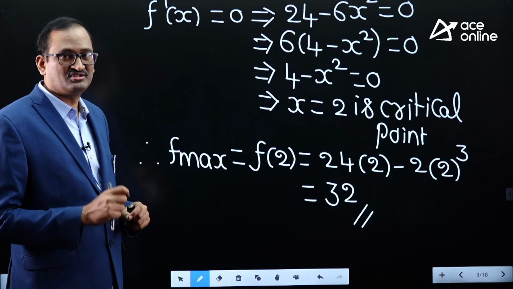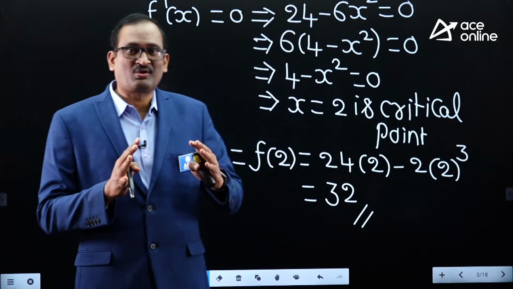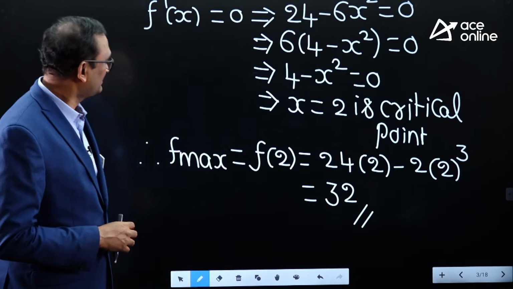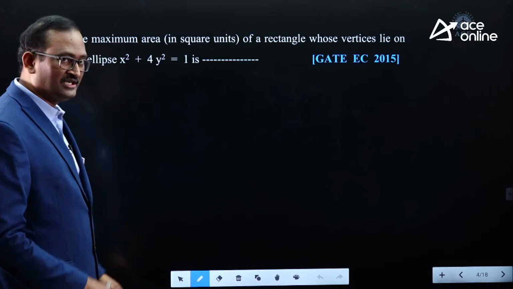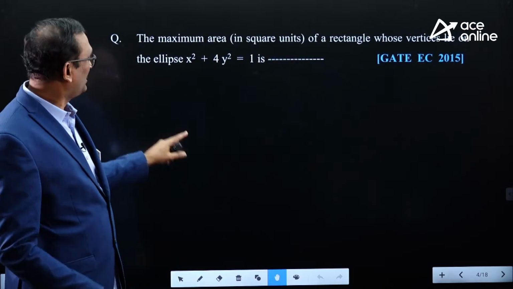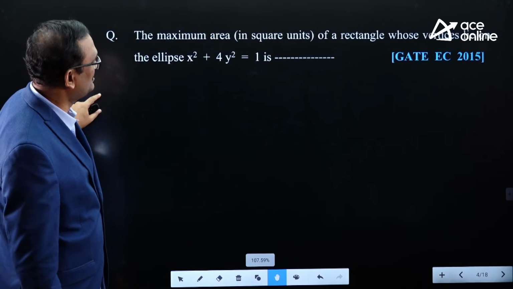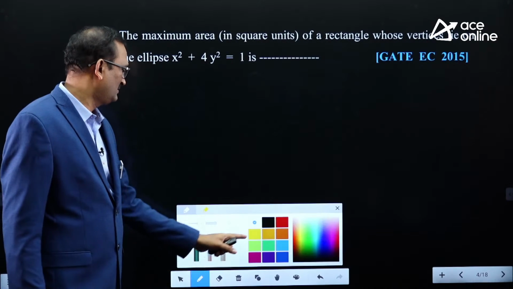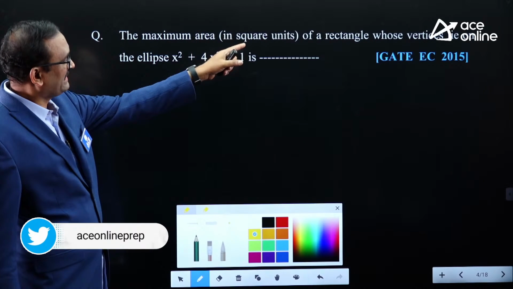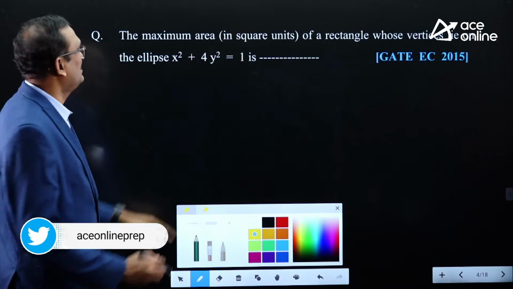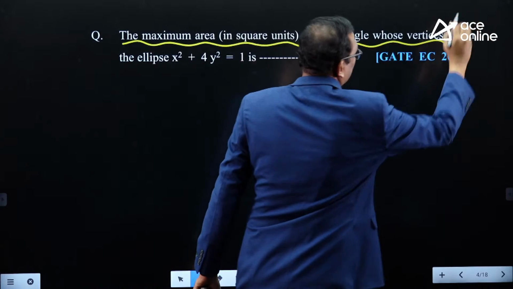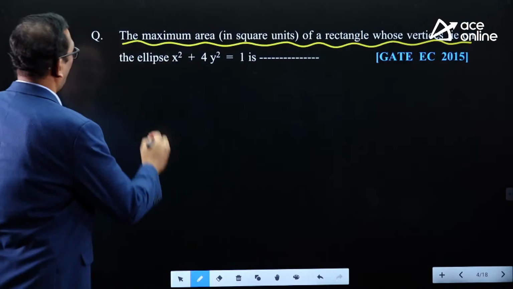A similar model problem was already given in the GATE, Electronics and Communication Engineering in 2015. Look at that. But it is a little bit different because the previous one is a parabola, but here it is an ellipse. Look, the maximum area of the rectangle should be measured in square units. The maximum area of a rectangle whose vertices lie on the